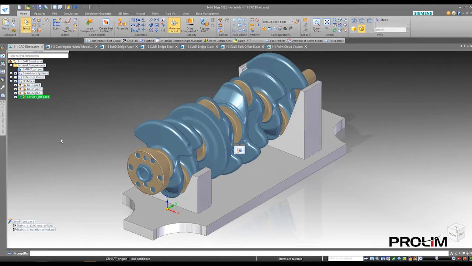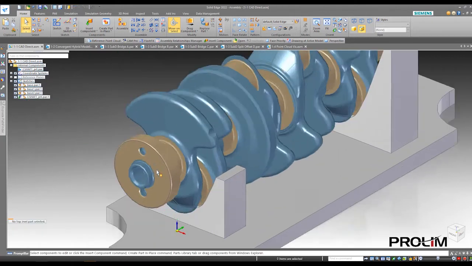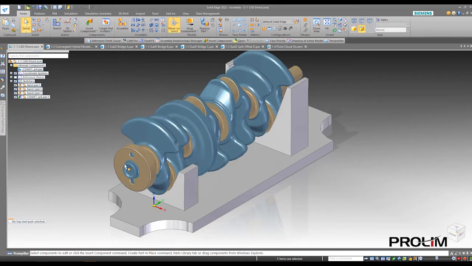Now it's going to refer back to that NX model that we just saved, and you can see now those holes are gone. So I didn't have to delete the file and pull in the new one. I didn't have to delete the original NX file because I know it changed, and then have the revised NX file upgraded or replaced in the file system, and then go back and retrieve the new one. So this is a super seamless process improvement, in my opinion,